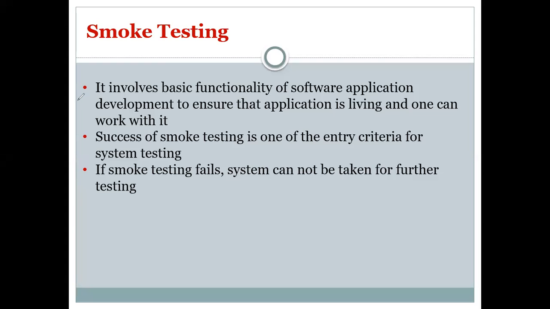So application is living. That means it is in working position, not an outdated version.